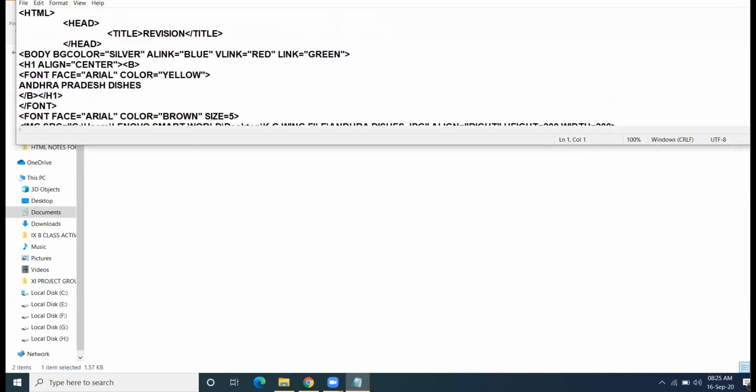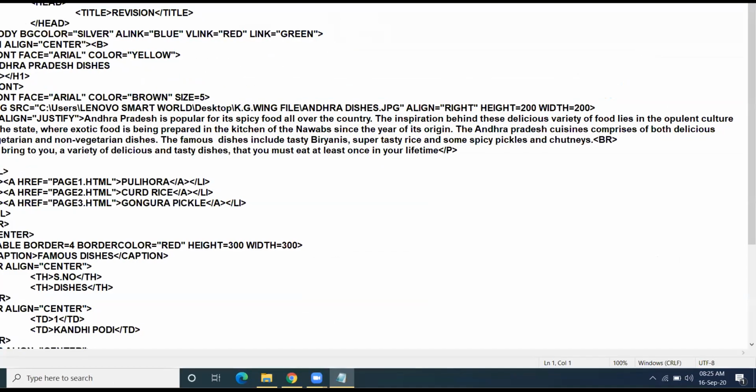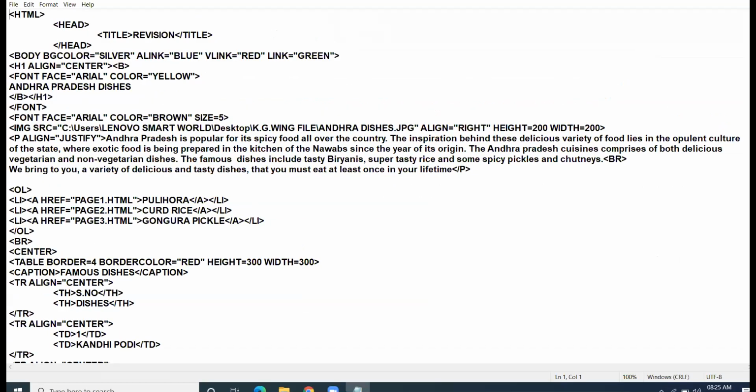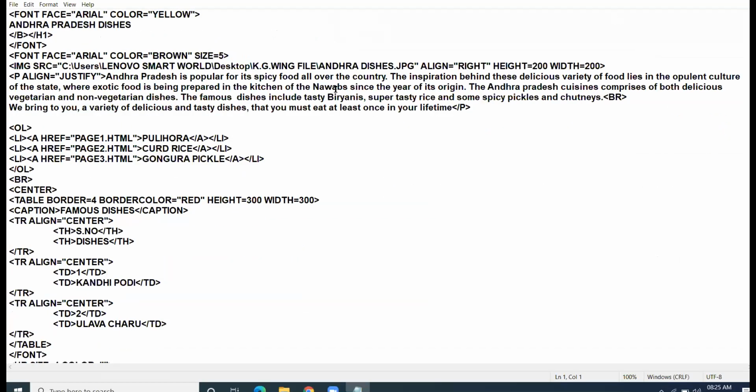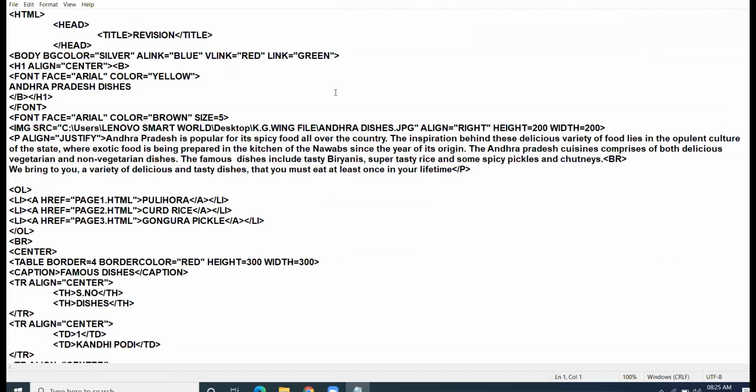See here, this is the complete coding of the web page. As per the CBSE board exam criteria, you always have one lengthy question on web page coding, maybe in the weightage of 5 or 10. It will be a heavy weightage question in the board examinations, complete coding, right?